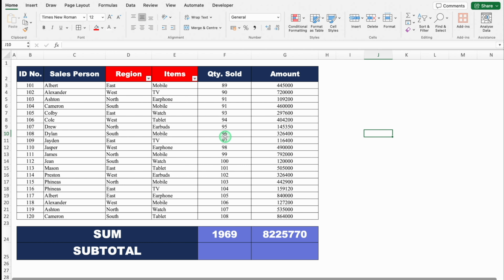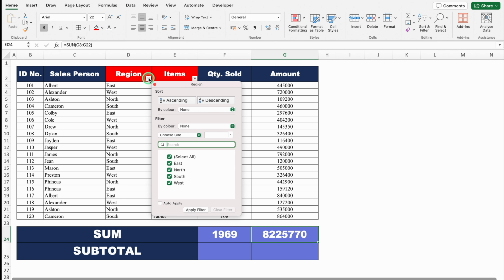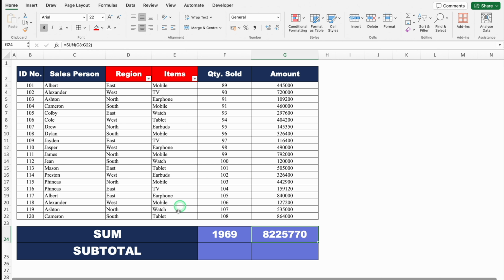Over here we have got a data where we have got our quantity sold and amount. Over here I have used the function or formula of sum. If we see on left hand side, we have got region and items. And over here we have got our filter. Currently, total quantity sold is 1969 and total amount is